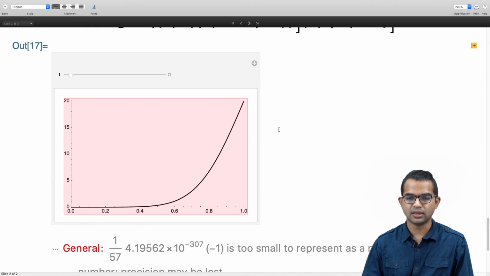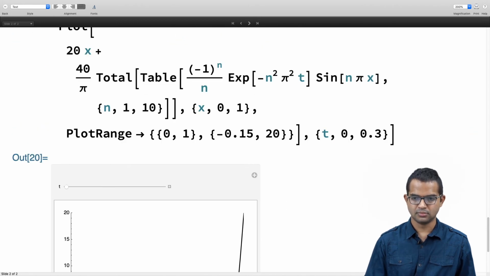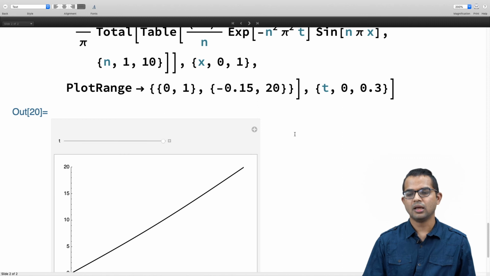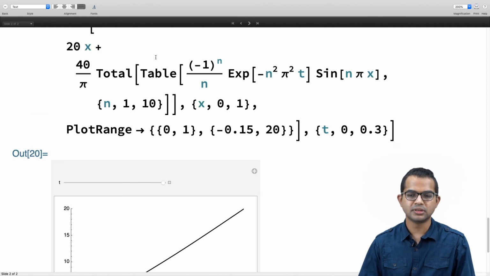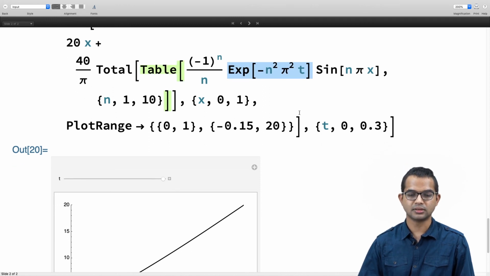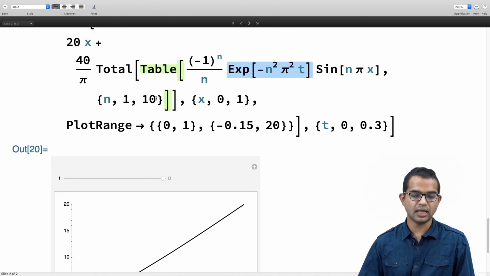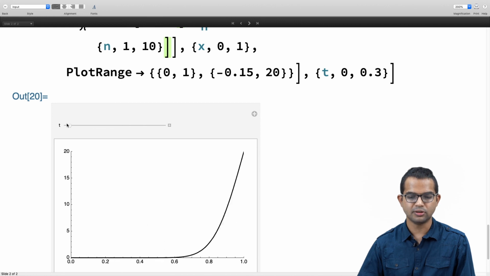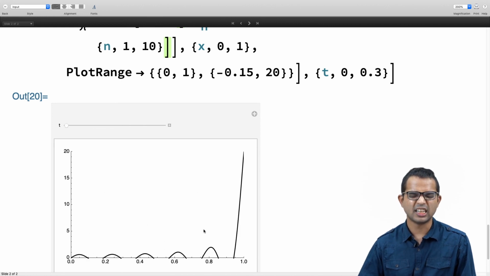Okay, so there is some difficulty with this plotting. The problem is that we are using these exponentials with n big, and n going to 100 is going to make this a very tiny number, and that's running into difficulties with the precision. But the key point is that even with just 10, if I keep only 10 terms in this series expansion, I already see that this is pretty good. The only problem is that the representation at time t equal to 0 is not so great, but it's not really a problem, we understand this.